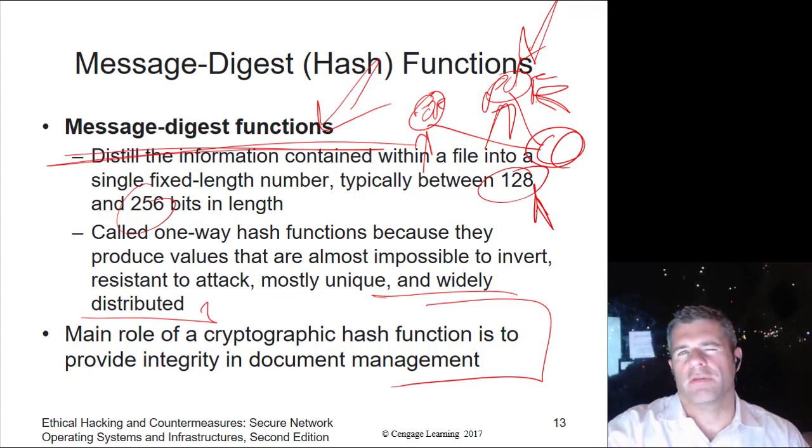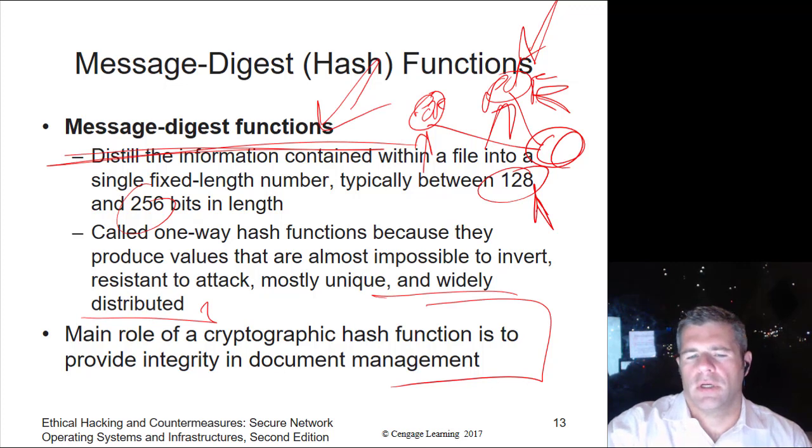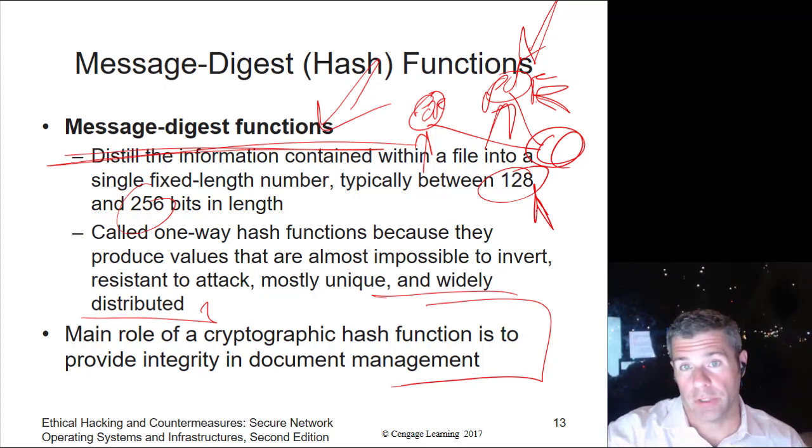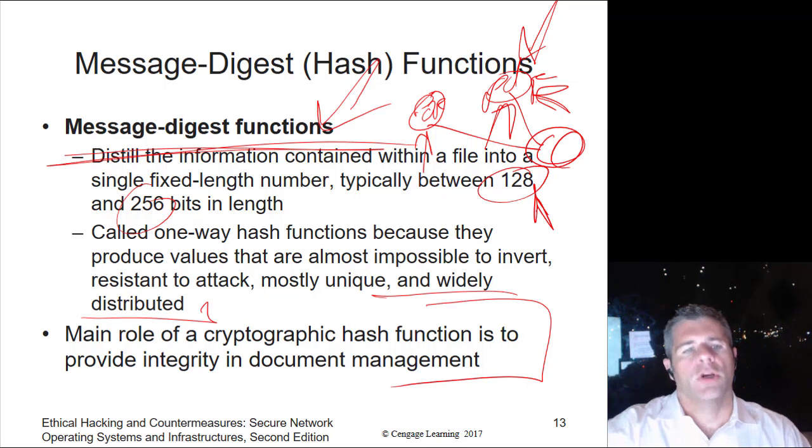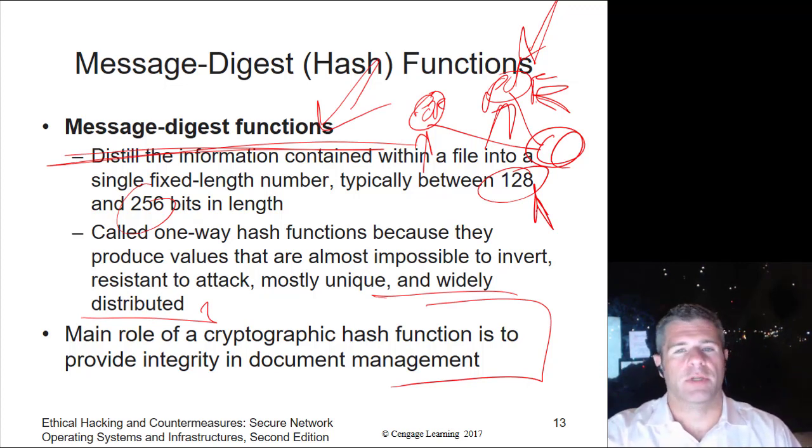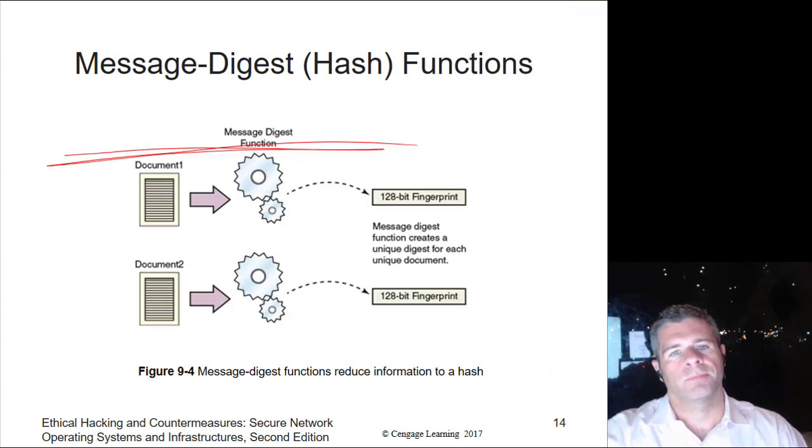executable would be different. And if Microsoft published the message digest for the known good file, when you compared the message digest of the file you downloaded, you would say, aha, this is not the file that I wanted. Could be a trap. So it's great for document management and for signing things, but also great for making sure the application you downloaded is what you think you're getting.